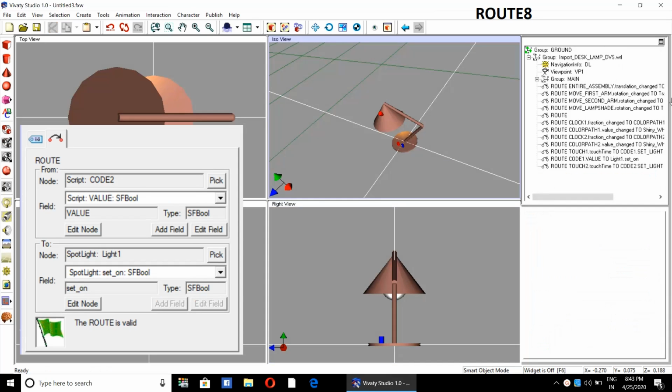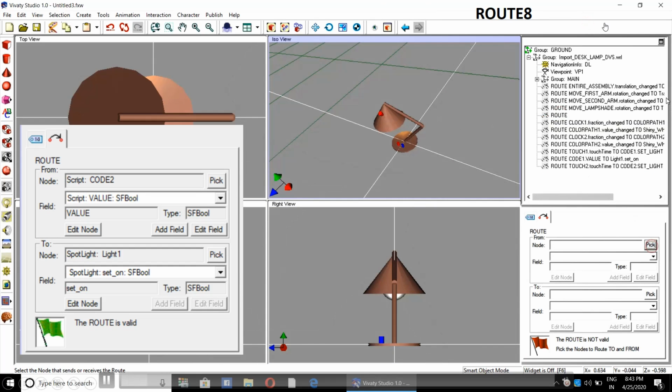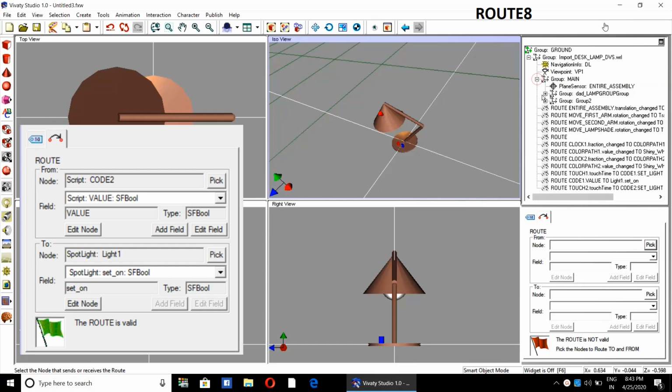And this will be the last route, that is route number 8. This will be from code 2 to light 1.